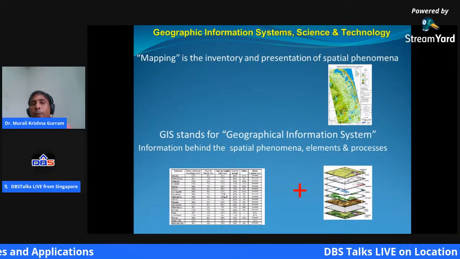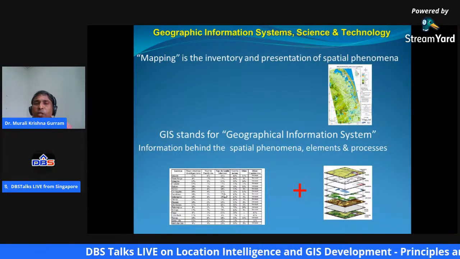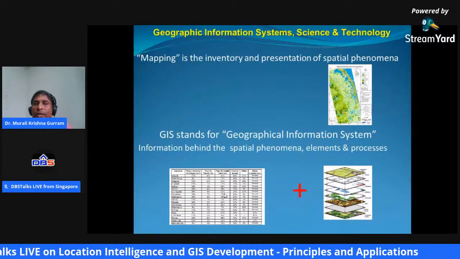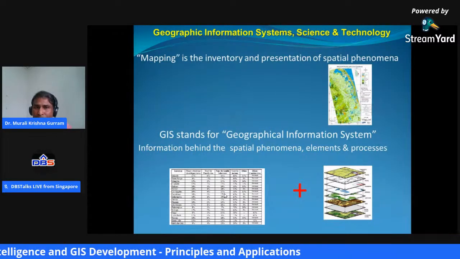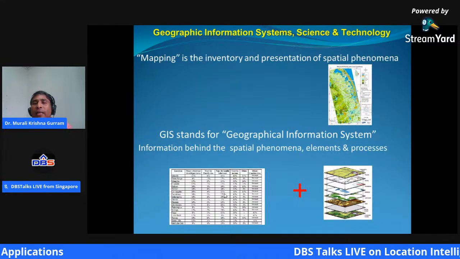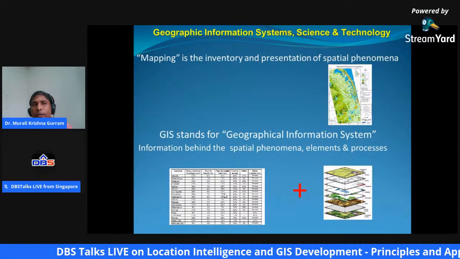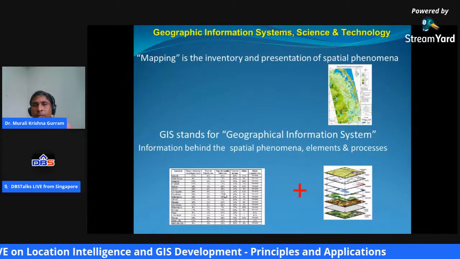So what is mapping actually? When we talk about spatial information technology, we mostly, interchangeably, refer to maps. What are these maps actually? Maps are the information visualization of information in a space.